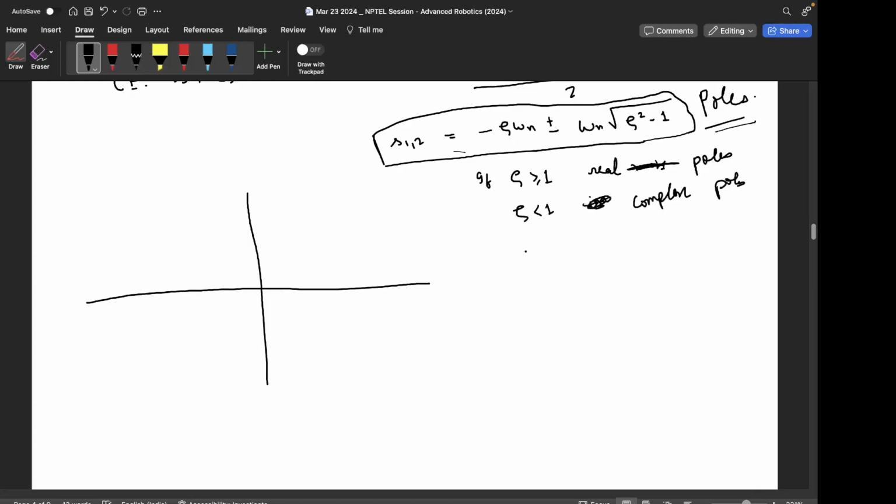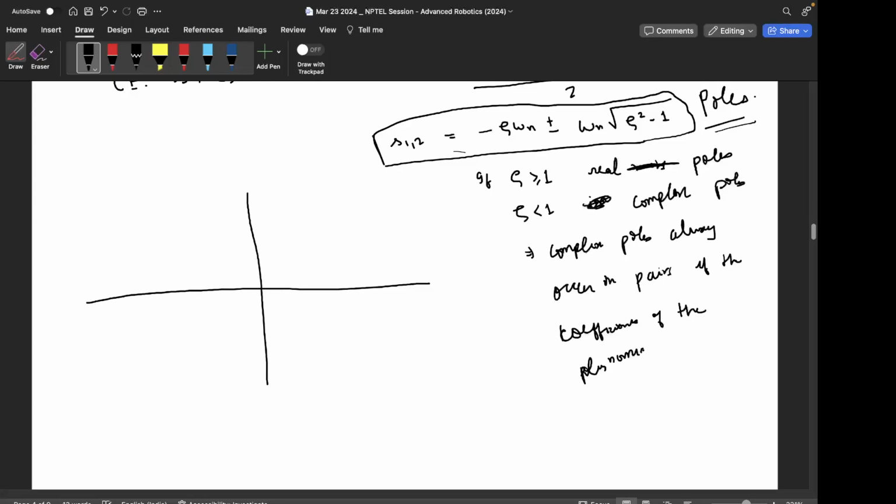And an important point is that complex poles always occur in pairs if the coefficients of the polynomial whose roots they are, those coefficients are real,